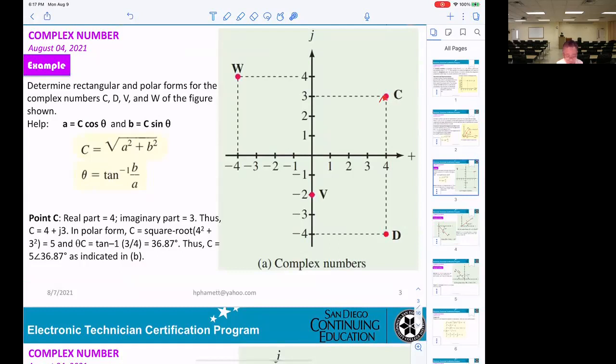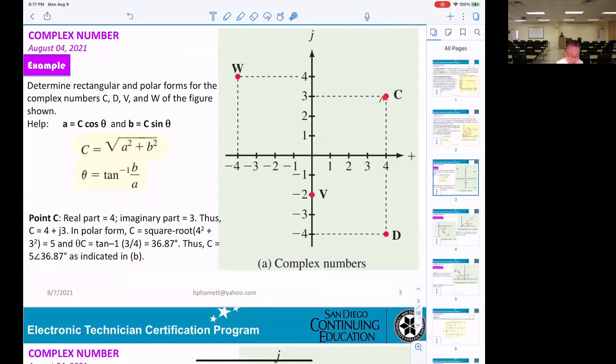Without looking at the answer, can you tell me exactly what the rectangular is supposed to be? By looking here, you can see right away, right? Point D will be 4